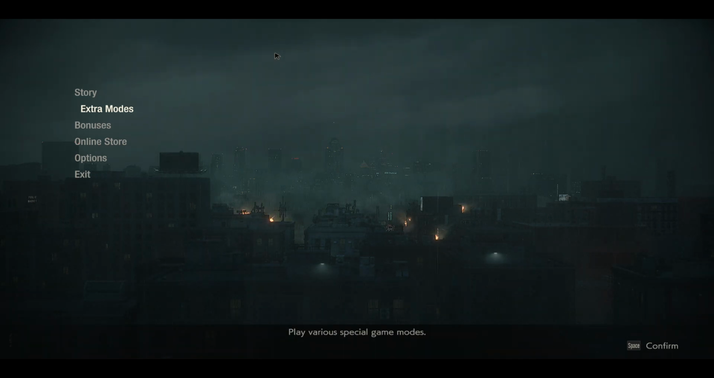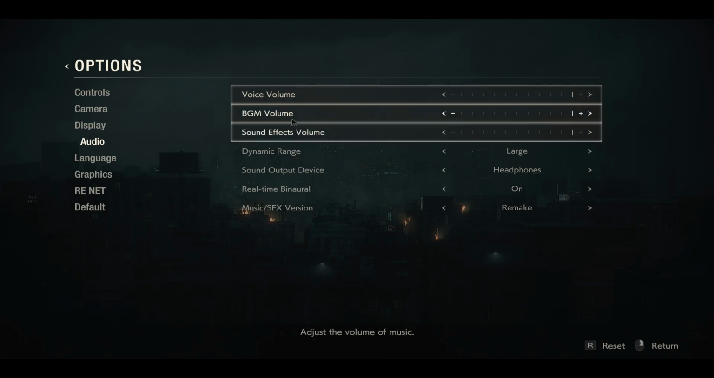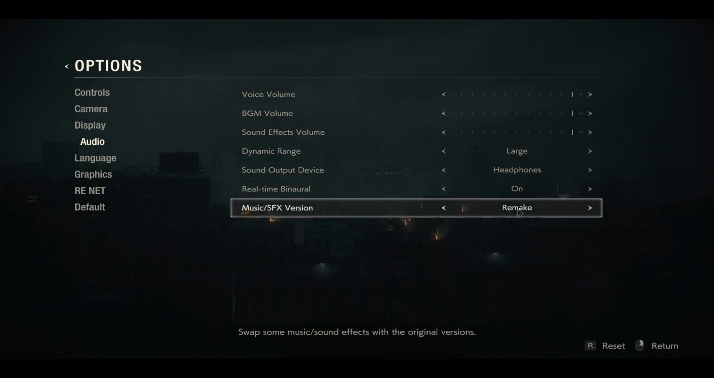First of all, open up the Resident Evil 2 game on your device. And once it is fully loaded, you will gain access to the main menu. From here, in order to change your audio settings, go ahead and click on Options. Now from the Options page, click on Audio and you will now see various different options that you can change